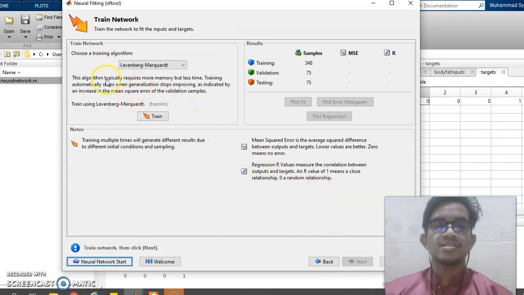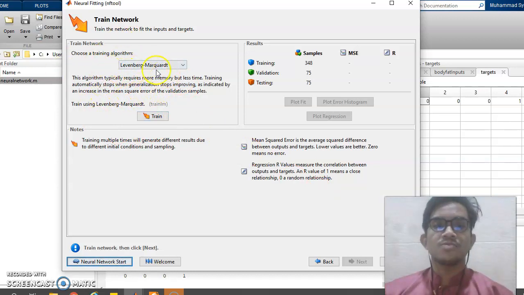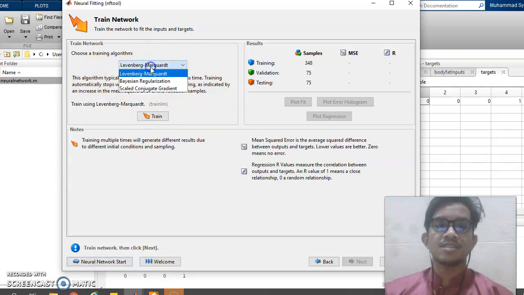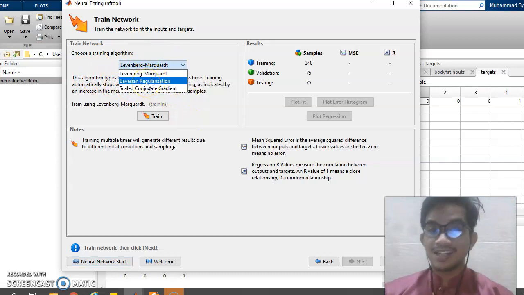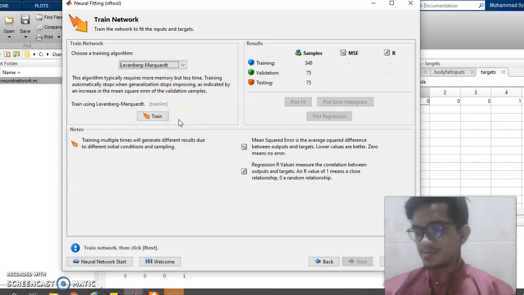So after we select the network architecture, we will train our model network. First, we must choose the training algorithm. We have three training algorithms, which are Levenberg-Marquardt, Bayesian regularization, and scaled conjugate gradient. So Levenberg-Marquardt is the advanced backpropagation